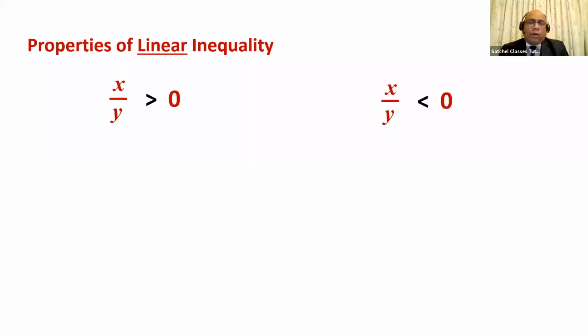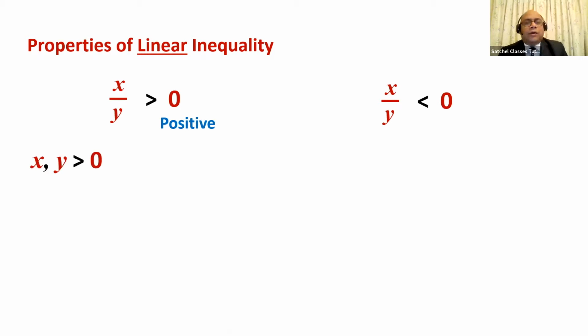What if x over y is greater than 0 and x over y is less than 0? So to understand this, let's understand what greater than 0 and less than 0 mean. Greater than 0 means it's a positive quantity. So when would a fraction be positive? Imagine a fraction. When will that be positive? It will be positive if both numerator and denominator are positive, that is x and y are both greater than 0,